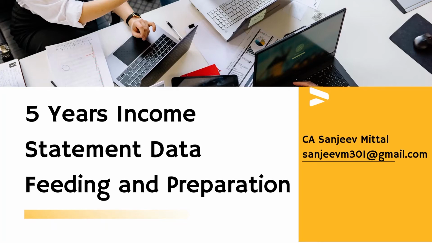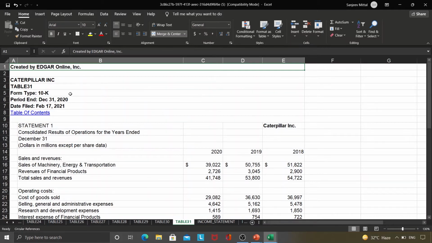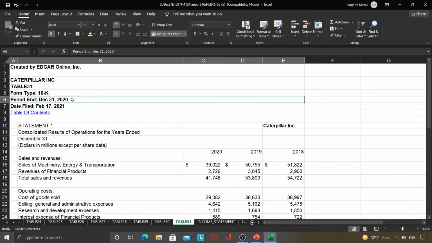Now, we have downloaded the annual reports for the company for the previous 5 years. Based upon the previous 5 years details, we shall prepare our income statement and we shall feed that data into our Excel so that our understanding can be increased and improved. So, for your reference, I have downloaded the financial statement or the annual reports of the company for the year 2020. I shall show you how we can use these details for year 2020 and based upon that the previous 5